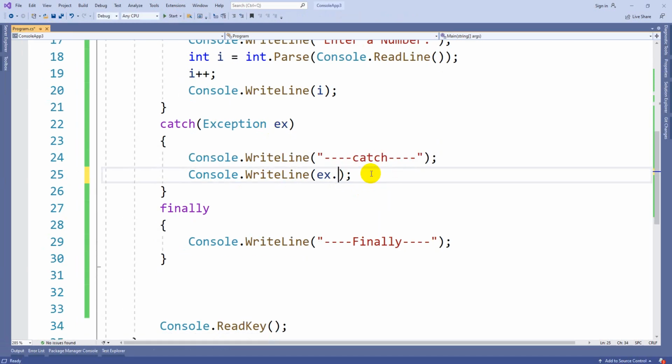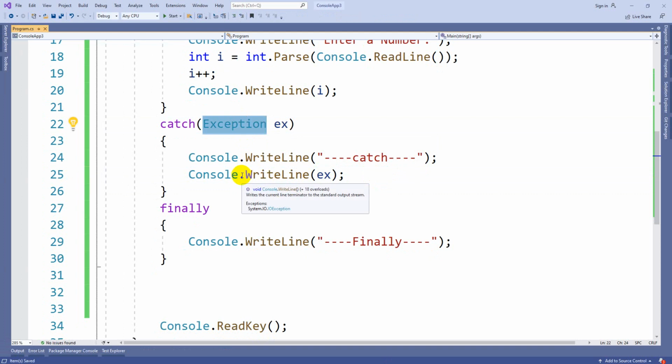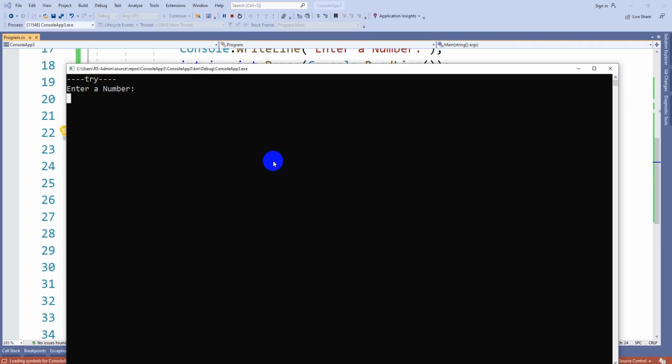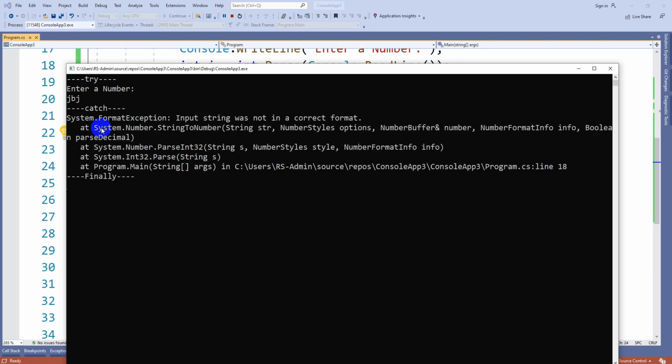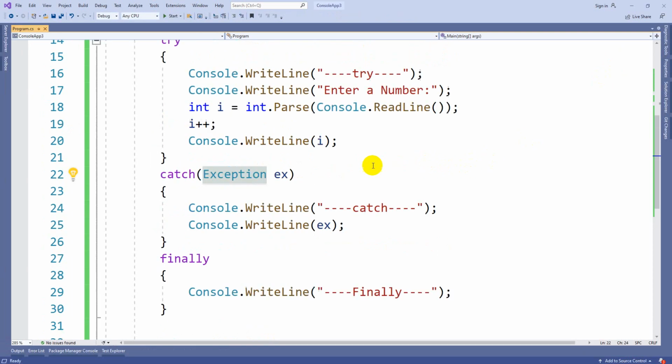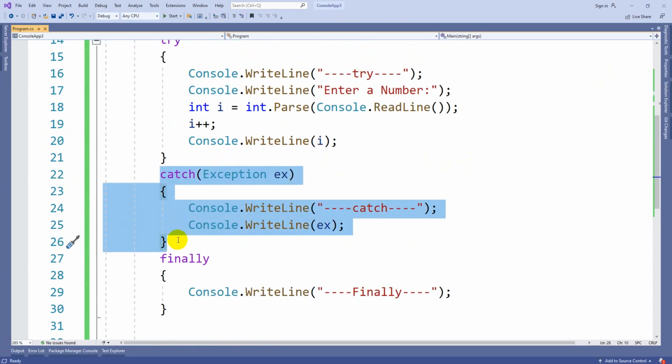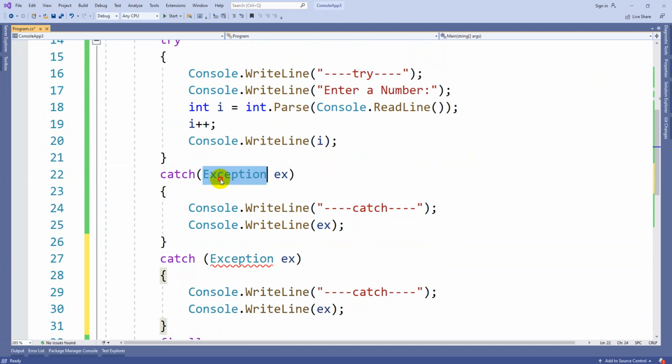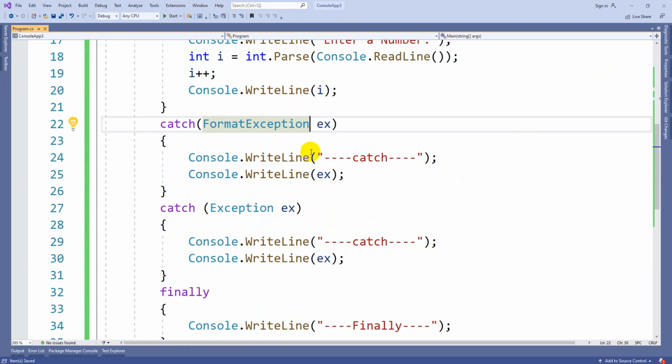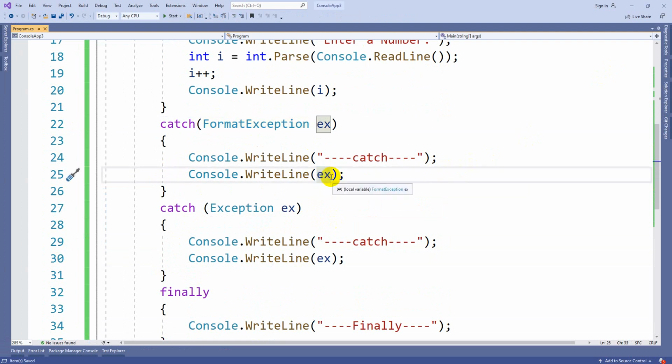Guys, if you notice one more thing, as I said, it is a super class, right? Like this, we have many subclasses to handle errors. Whenever there is an error, you can see the System.FormatException class can handle such errors. If you want to write the proper catch block for this, you can write System.FormatException. So I will add one more catch block, and here I am going to use the class called FormatException. The error can be returned by ex.Message.